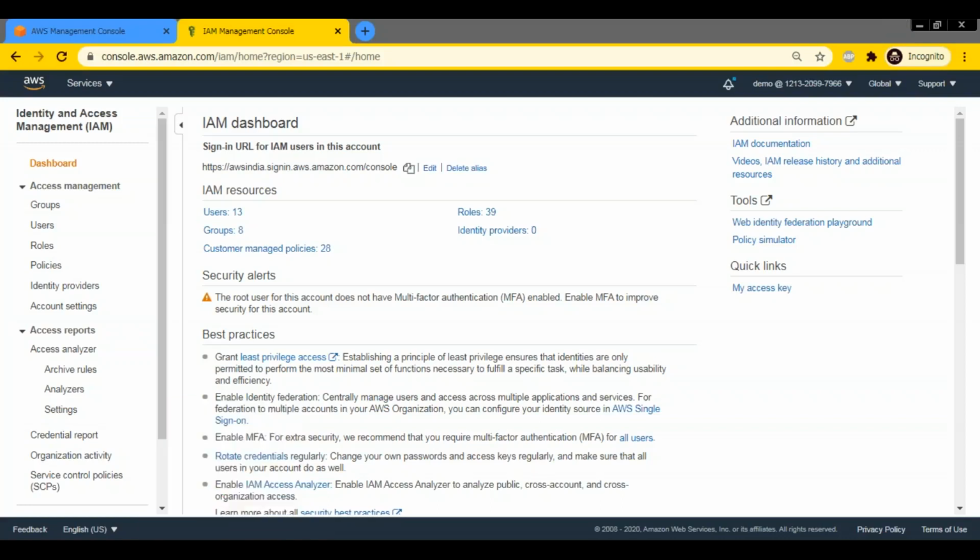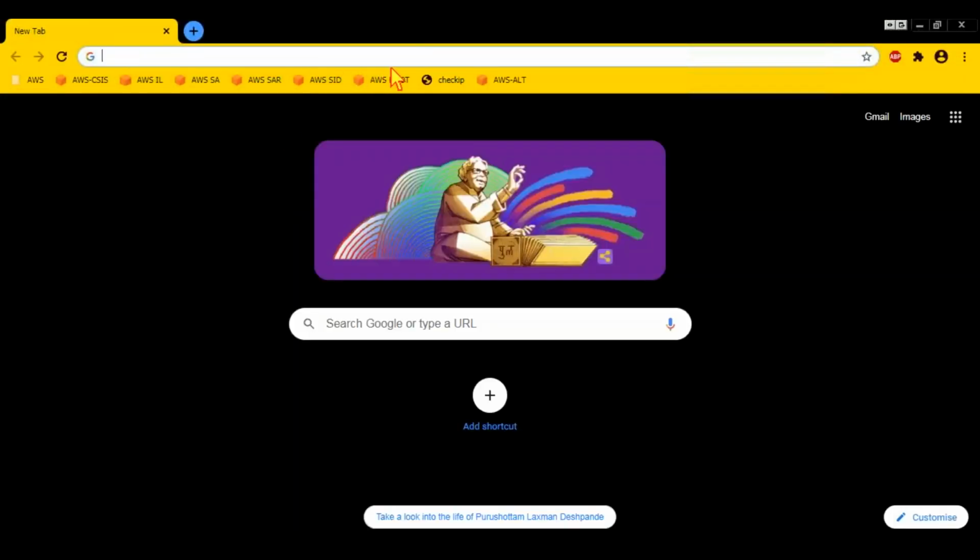For example, I have a lot of AWS accounts bookmarked here. If you look at the URL, it will have the account number dot signin dot aws dot amazon dot. So if I want to log into this account, I go to this. If I want to log into root, I go into this. If I want to log into another AWS account, I have its IAM user. You just provide the link to the user. He can bookmark it, click on the appropriate link, and he just puts his username. The account number is automatically filled up.